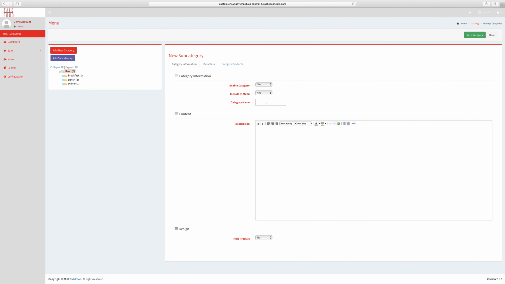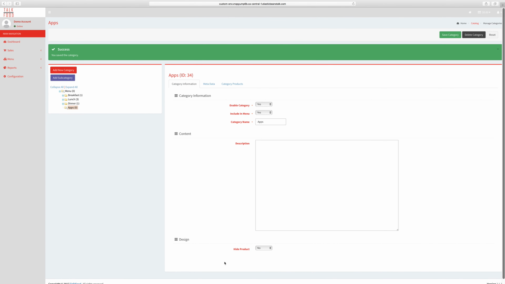I'll call this one appetizers. Let's just do apps for now. Okay, and save category. So you see, I had to highlight menu to make sure that apps came under the menu category. So if you go into the subsections,